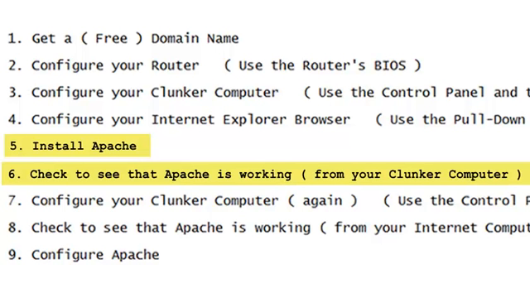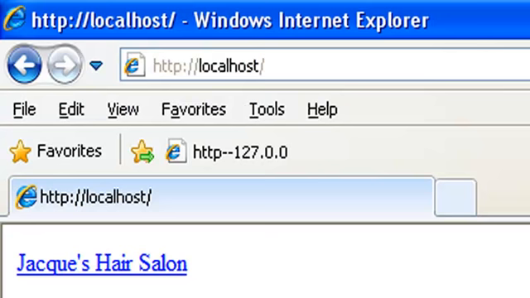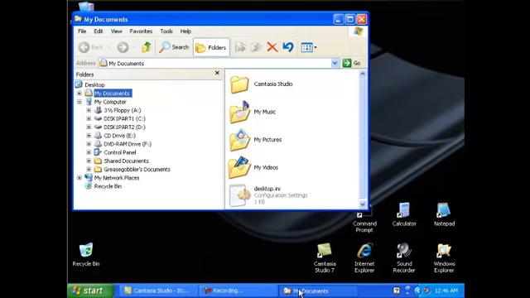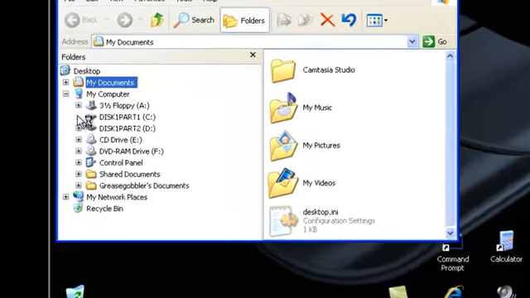If you recall at the end of part 2, we had just discovered that we could type the word localhost into the Internet Explorer and that was equivalent to typing our 127 call home number. So let's go find out how the computer was able to make that conversion. We can find the answer to our puzzle by taking a little journey deep into the bowels of the Windows operating system. We start with C Drive,